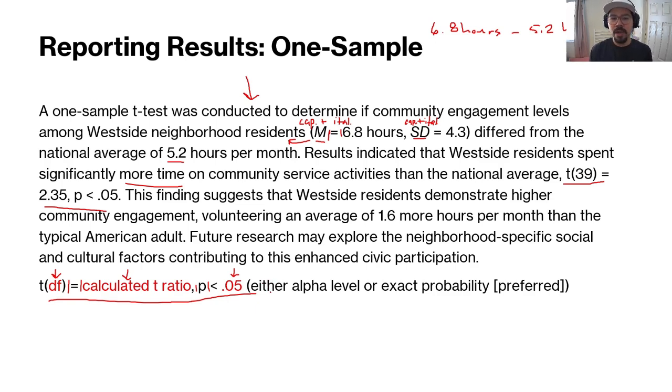However, when we are working in SPSS, SPSS actually calculates a specific probability value for the likelihood of you getting your calculated T ratio. When we get into SPSS, we're going to be presented with exact probabilities. I'm going to write SPSS here. At that point, when I'm asking you to report results based on